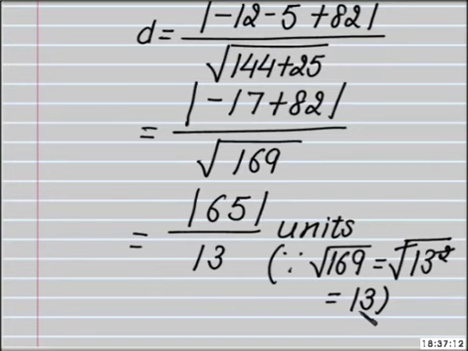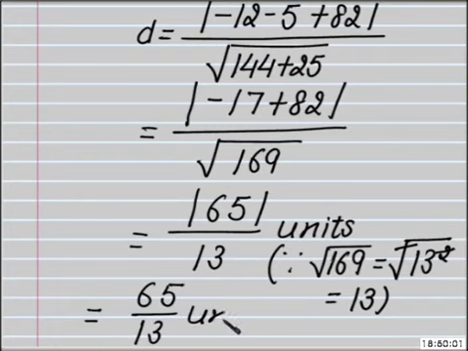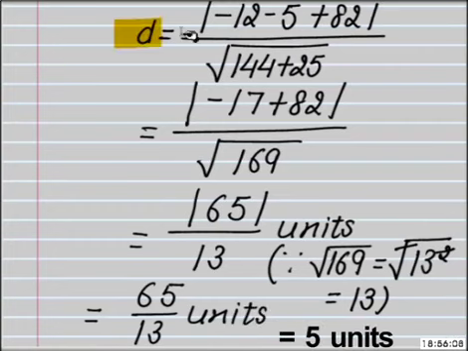Here we are taking the positive value of square root of 169, as distance can never be negative, so it is equal to 65 upon 13 units, that is equal to 5 units. So for the given example, D is equal to 5 units,